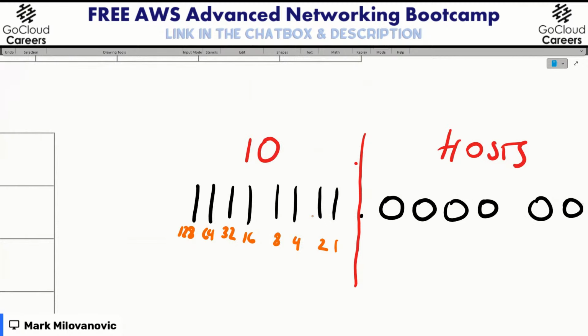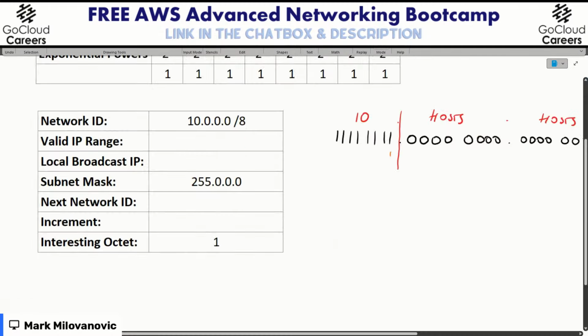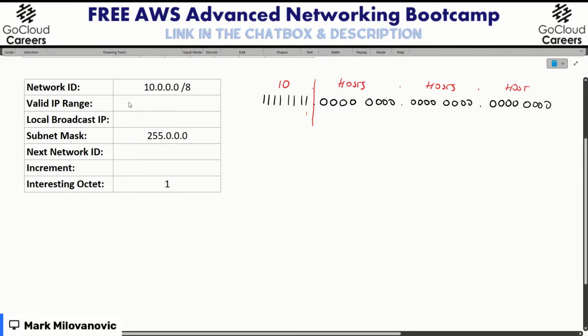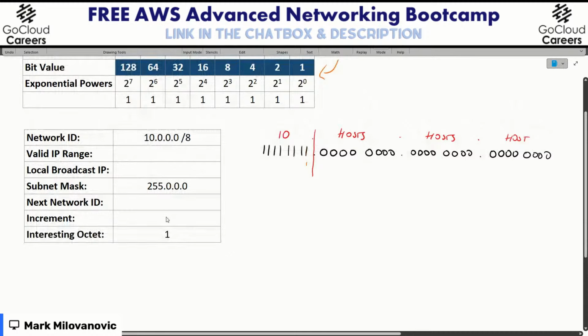So as you can see, this is nothing new. All I did is I wrote down the decimal value of these binary positions. That's all I did. So if I was to remove all of them, and we're simply now focusing on this one, what is my decimal value for this bit? It is 1. That's right. So my increment for my network is going to be 1. And I'm going to write that in there.